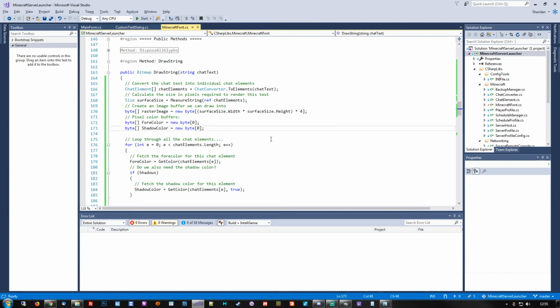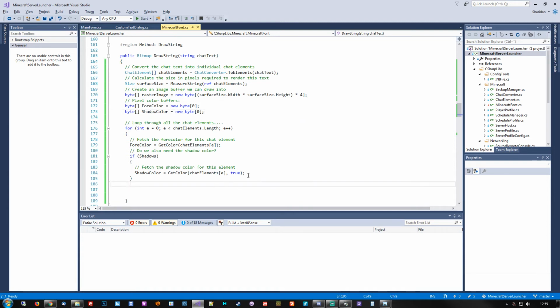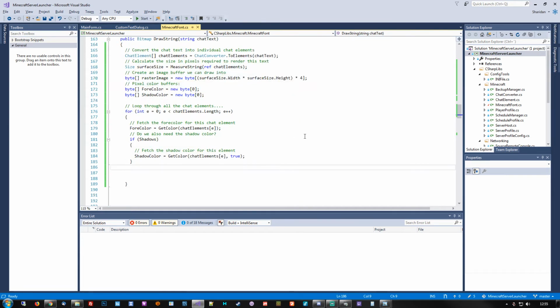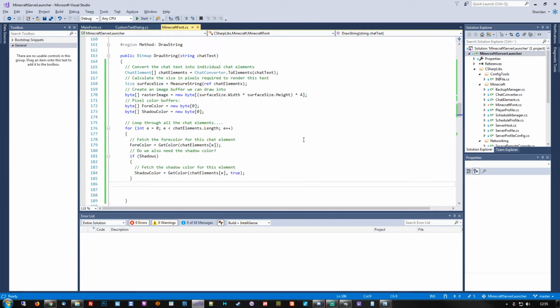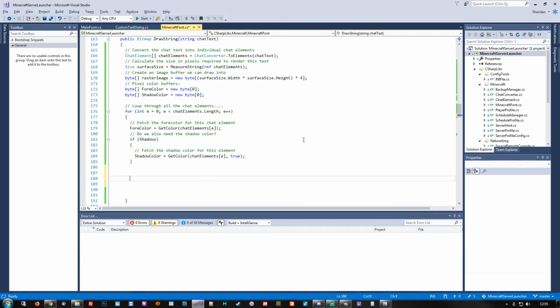Actually, we still need to update the X and Y positions. Nah, we'll just do it here. Never mind. All right, so